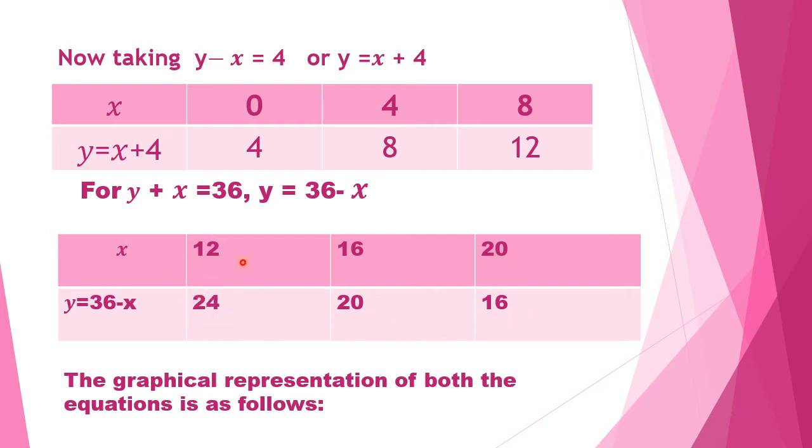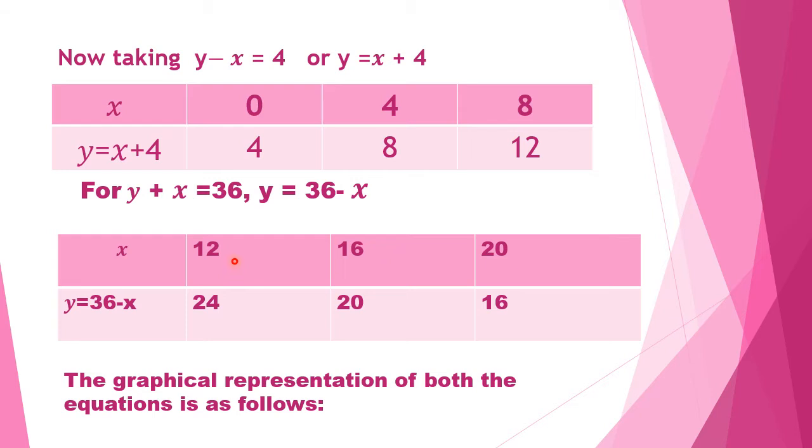It is not necessary that you take these three values, because some students ask me whether it is compulsory that we take these values. No, you can take any of the values. But be careful that the difference is a little bit small. Now suppose if I take 4 here, then 36 minus 4 will be 32. Now suppose here there is 4 and here there is 32, then the difference is vast. And you will find it a little bit difficult to plot the coordinates in the graph. So it's better you take such values.